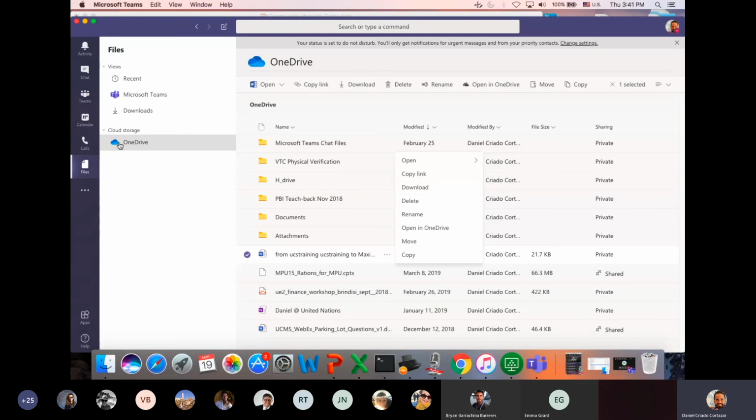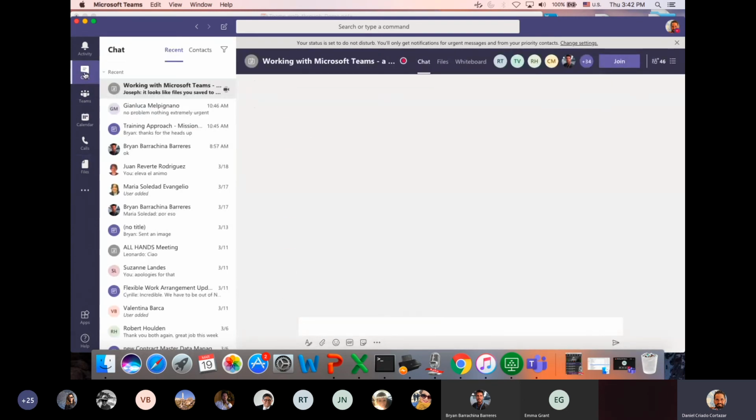So the beauty of all this is that at the end of the day, you're working with Outlook, with Teams, and with your own OneDrive in one single scenario. And that's cool because that prevents you from opening and closing different applications and makes everything much easier and more efficient. That's my take on this, okay? So that's the part of files where you can see your downloads and your own drive. But as we saw before, if you go to chat, for example,